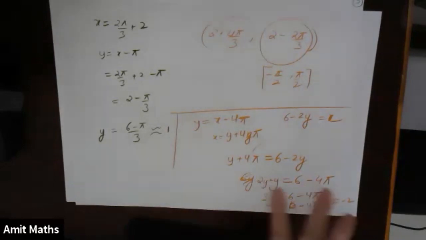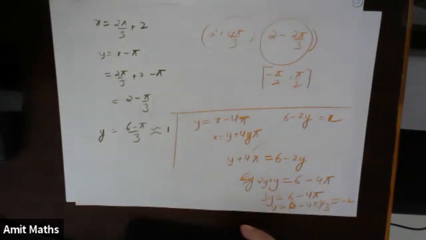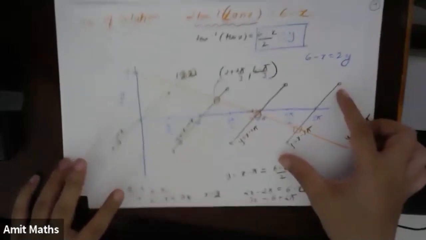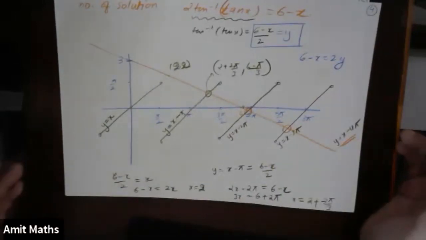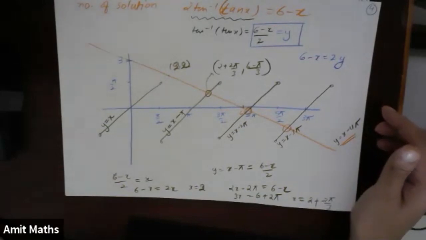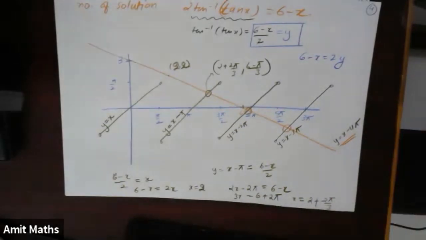Okay, so we will get 3 solutions for this one. One solution is for this line, one solution is for this line, one solution is for this line. And they are only asking us the number of solutions. They are not asking us the actual solution which we have to find. Okay, right?